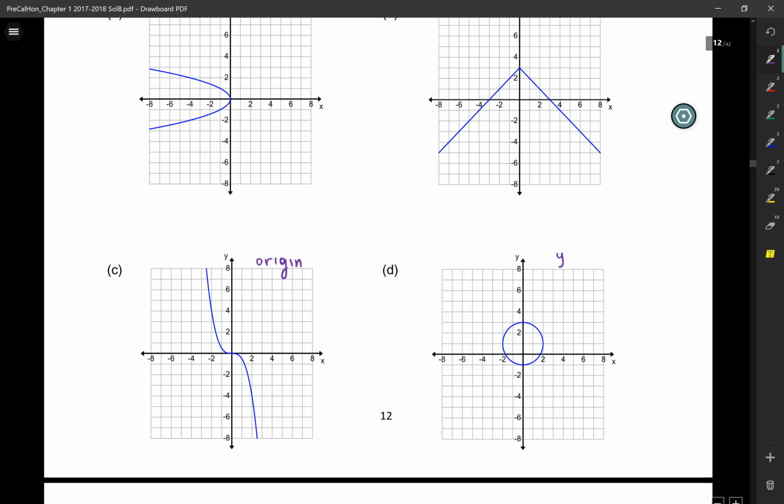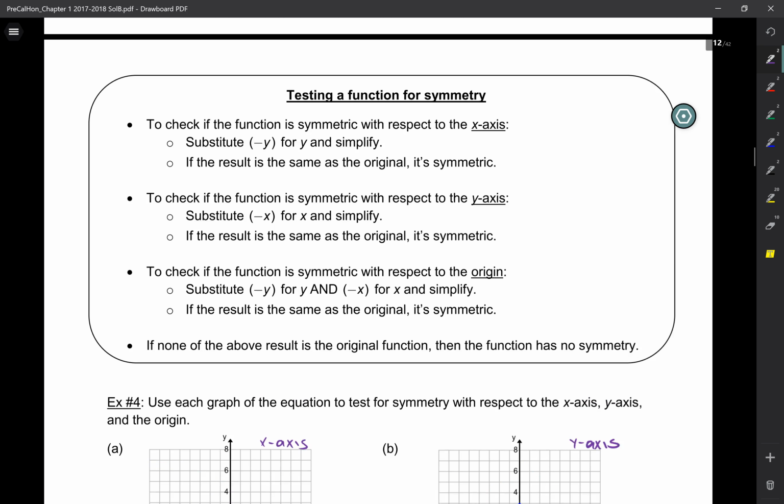It's only y-axis. It's a circle, so you want it to be symmetrical around... Yeah, it's not centered. Origin, yeah. I mean, origin is good enough. Yeah, but you could say all 3. Okay, how do you do it